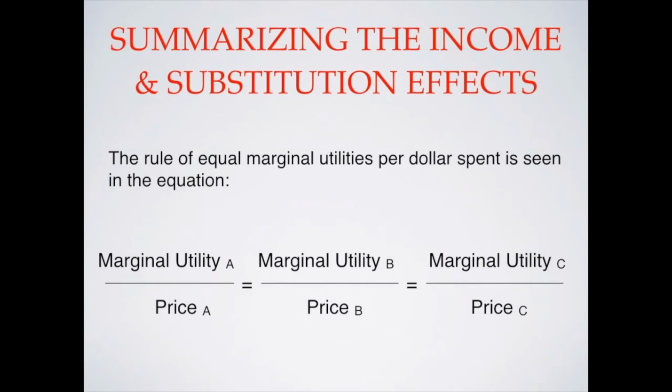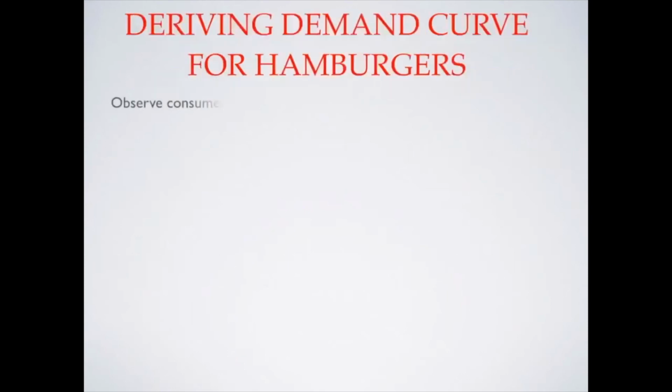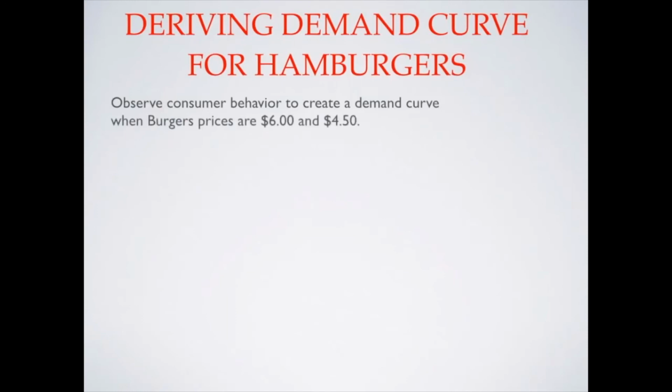A consumer responds optimally to a price decrease of a product by consuming more of that product. The original price and the newly reduced price. The new price creates an optimal marginal utility where consumers demand more hamburgers. This change creates the demand curve for a new product.